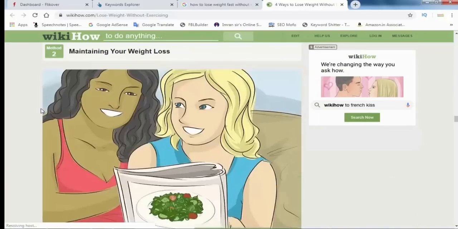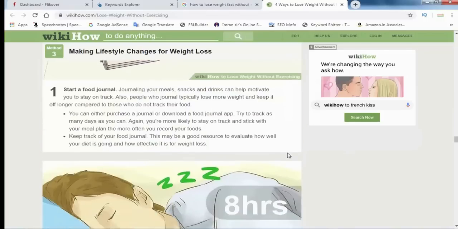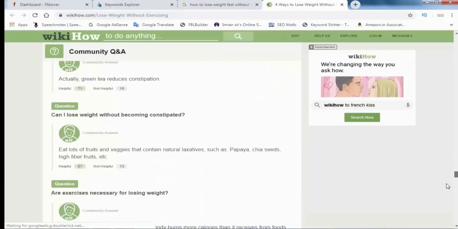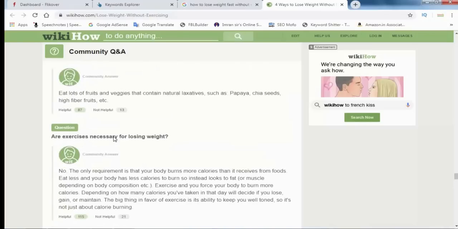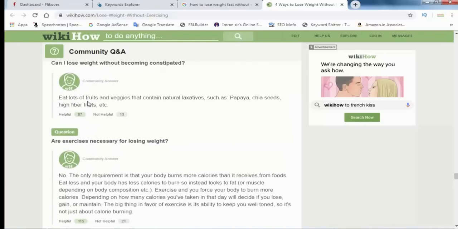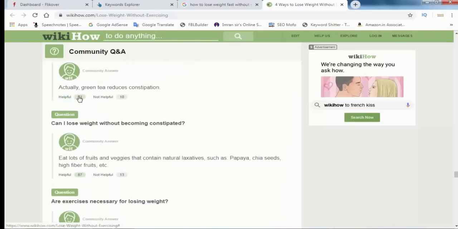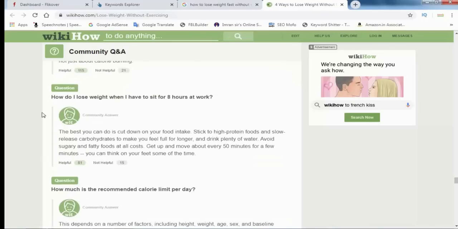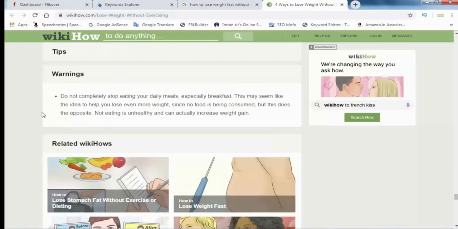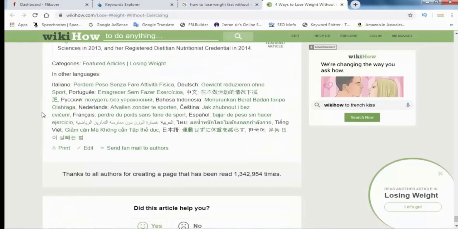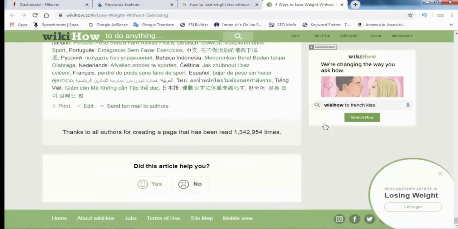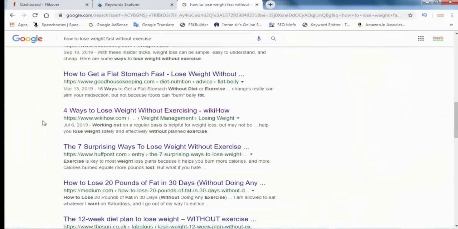Maybe some people get backlinks from here. These are questions, but not any backlink. Here is not any comment backlink.